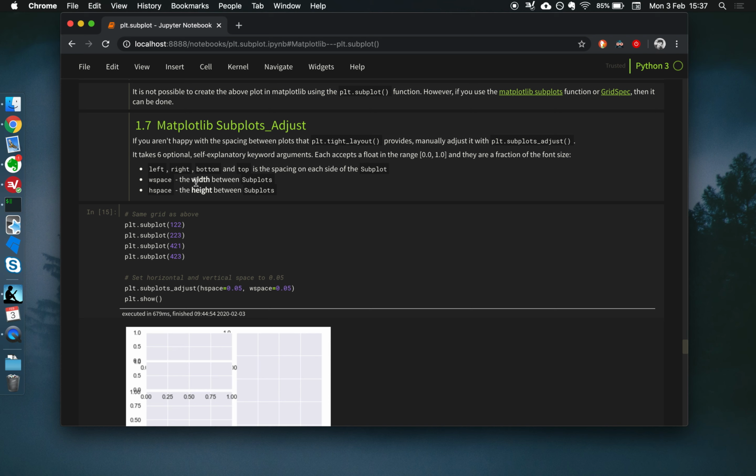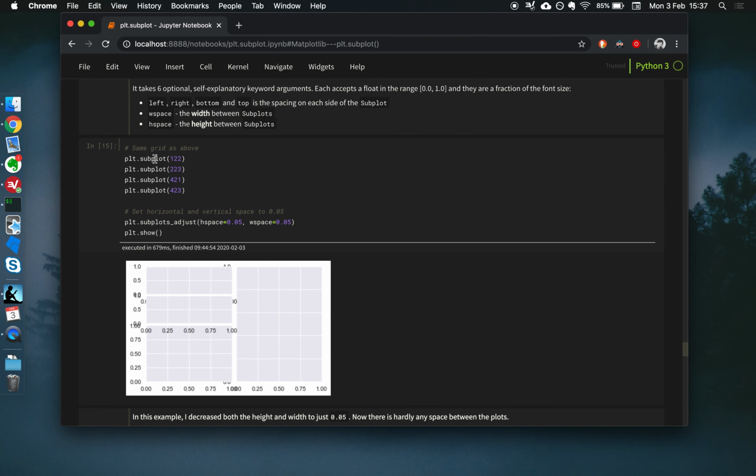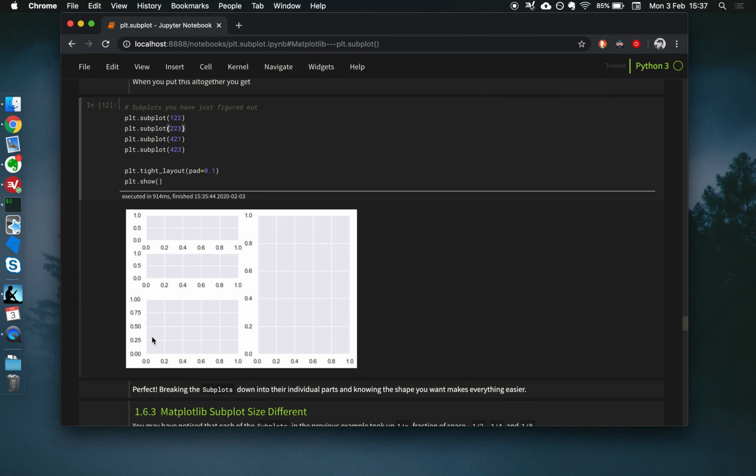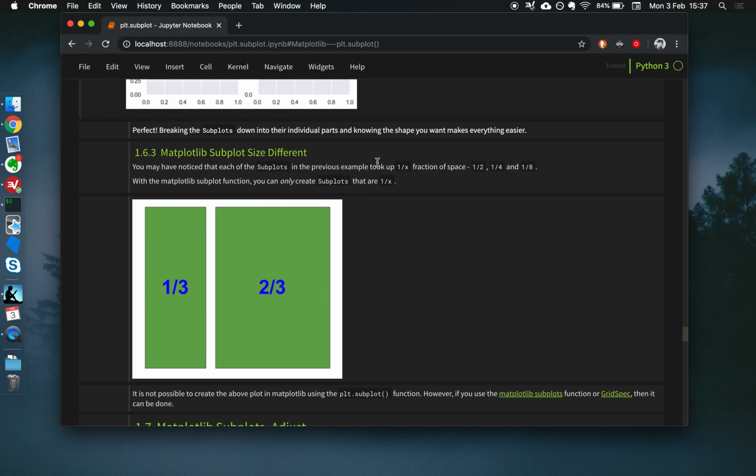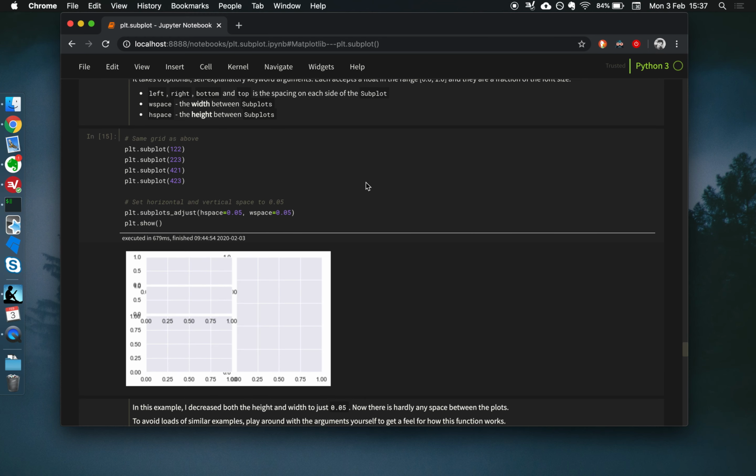So really, this is like the width between columns and the height between rows. So here we go. We're going to have the same grid here. You can see there's quite a lot of space, even with tight layout pad 0.1. So instead, we're going to manually adjust it, subplots_adjust, and we're going to set the horizontal space and the,